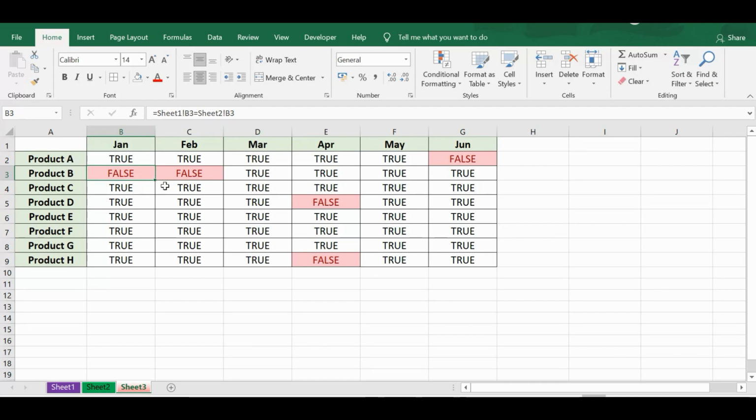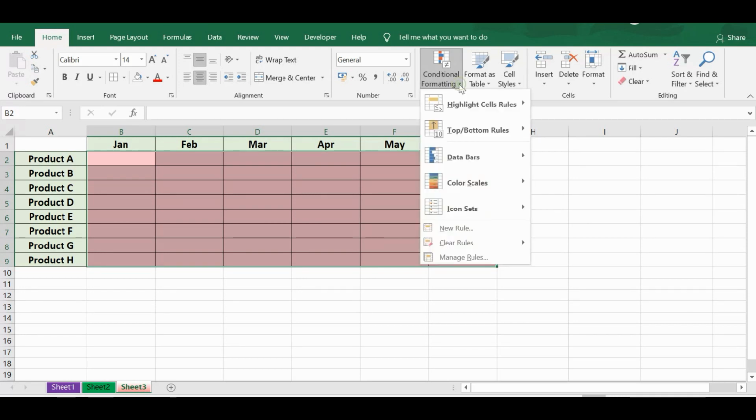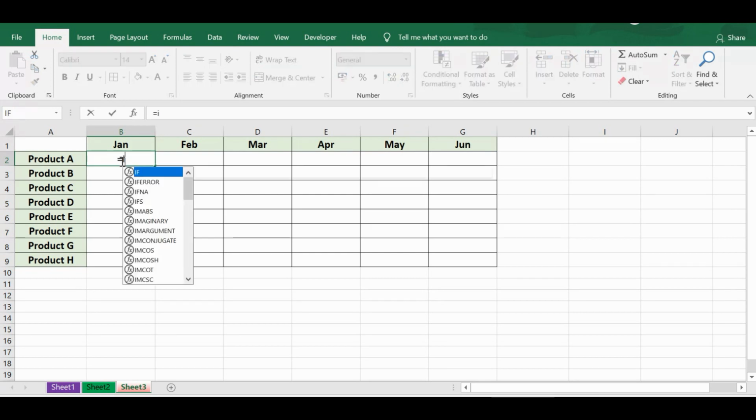the mismatches. But now let's say we want to see the values also, that the values are different on both sheets, but what are those values? For that we can use a different formula. So let me delete this, let me remove the conditional formatting, and now I will write the formula